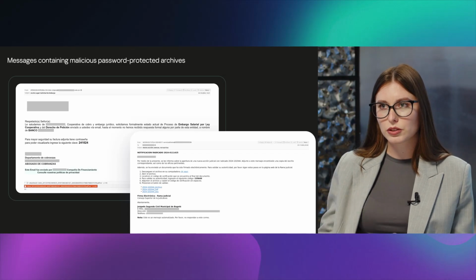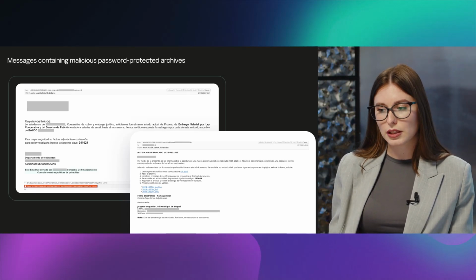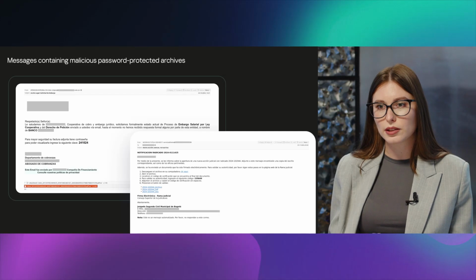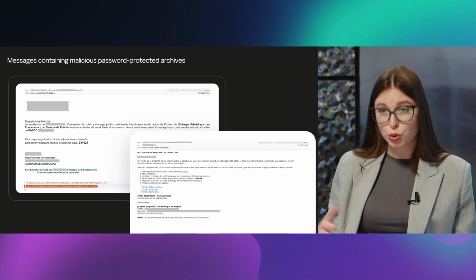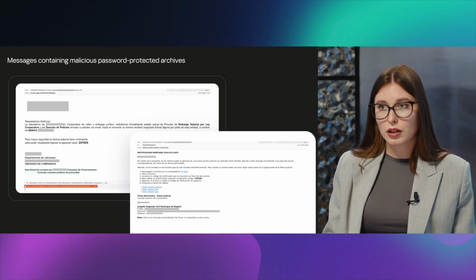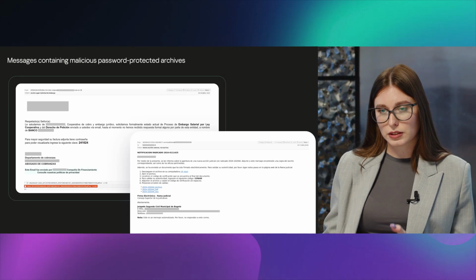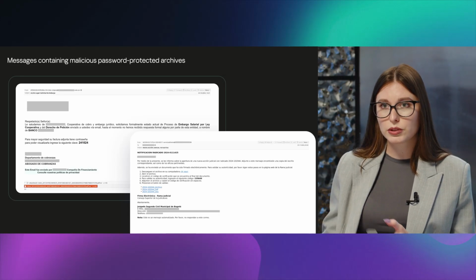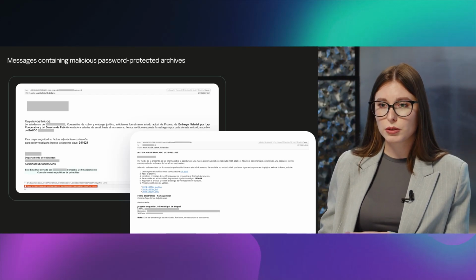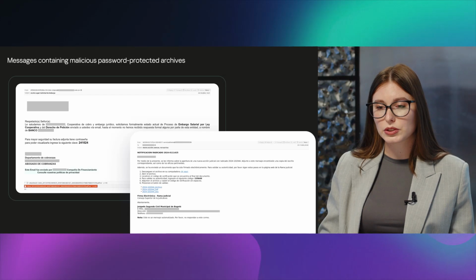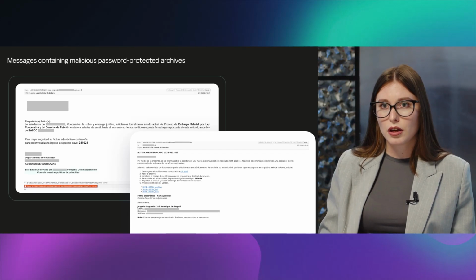Sometimes these files were included not as attachments, but via download links, which also required a password. This was the attacker's attempt to bypass security solutions, and typically the archive password was mentioned in the text of the message or sometimes in the file name.